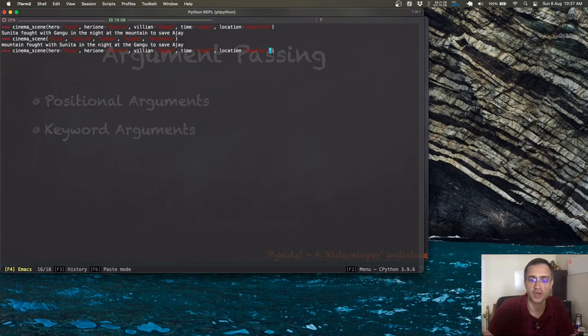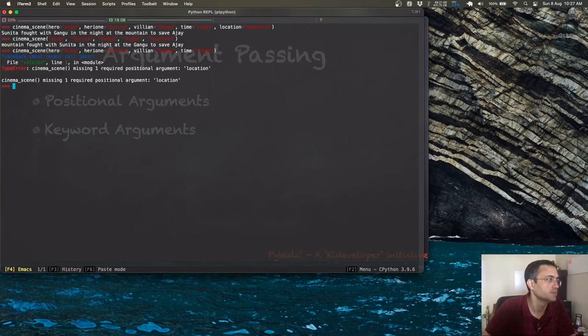Here I am just going to take out location. So there you go, it says cinema scene missing one required positional argument: location, right? So you cannot miss arguments, that's not allowed. Keyword arguments give you flexibility of order, but not in the number of arguments.